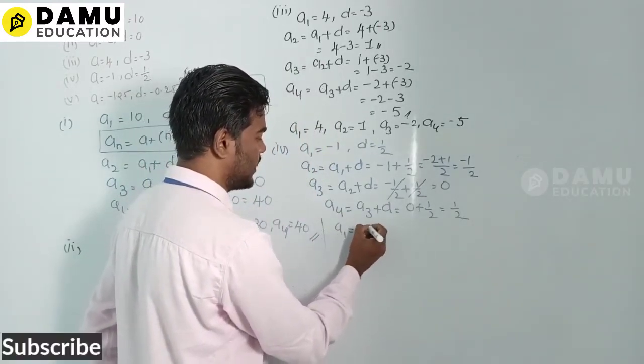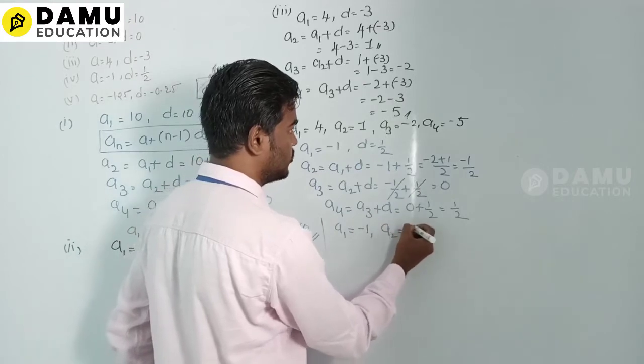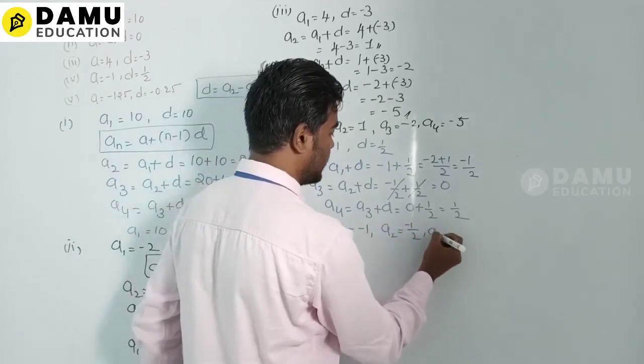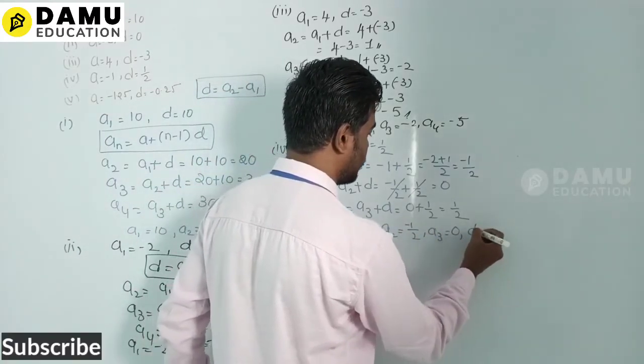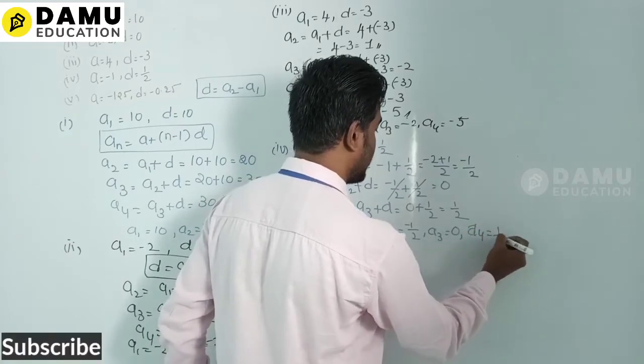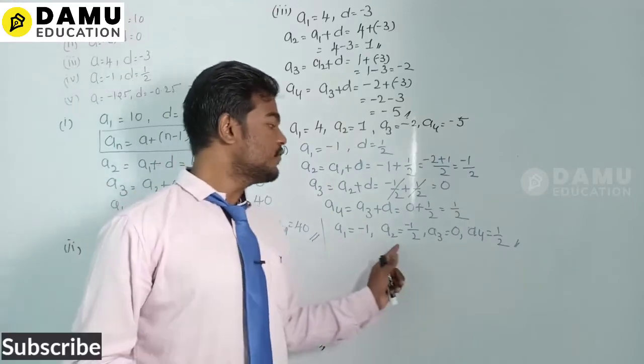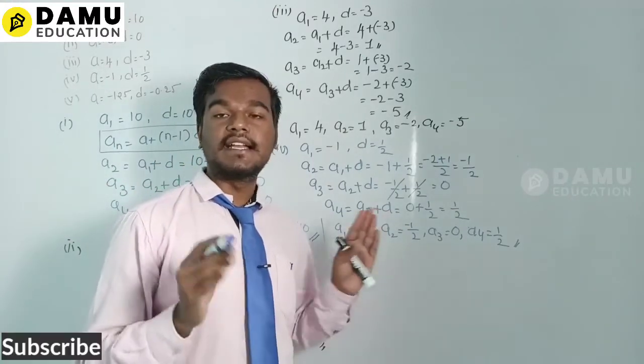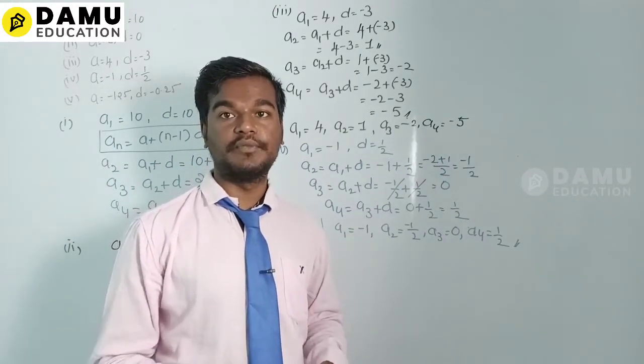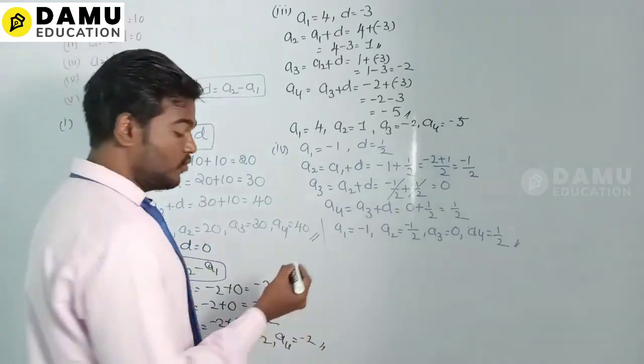a1 will be equal to minus 1, a2 will be equal to minus 1 by 2, then a3 will be equal to 0, then a4 will be equal to 1 by 2. So if you take the difference, we will get exactly that, which is half. That is the case here. Then what is the final one? The fifth one is,